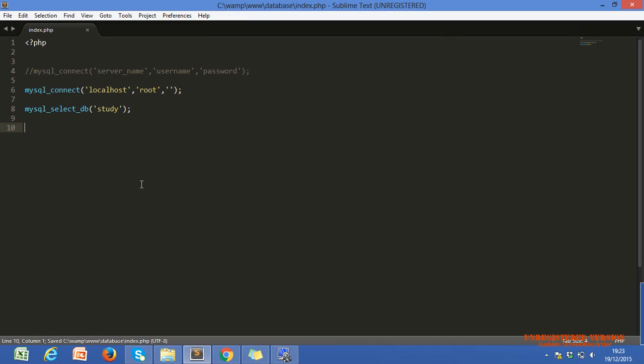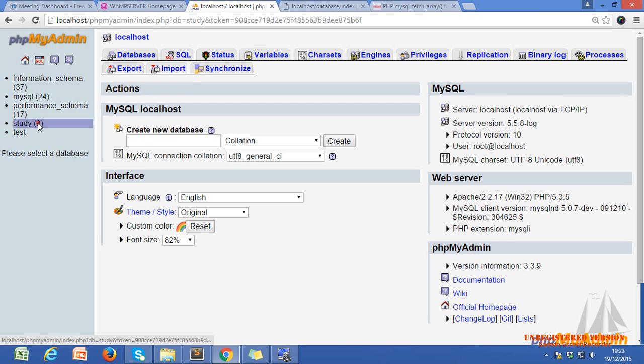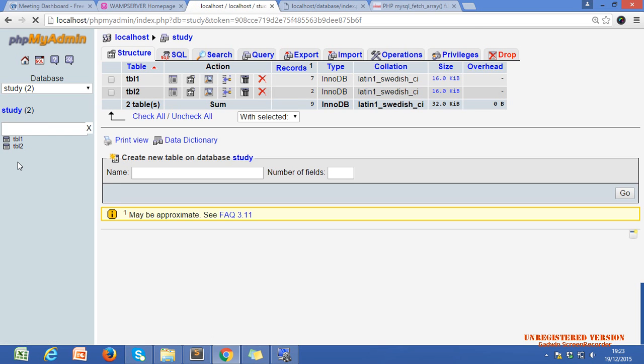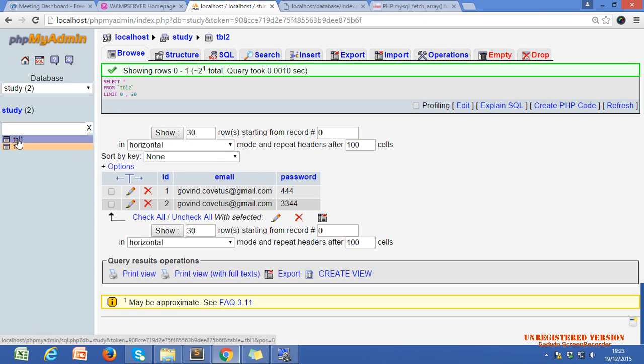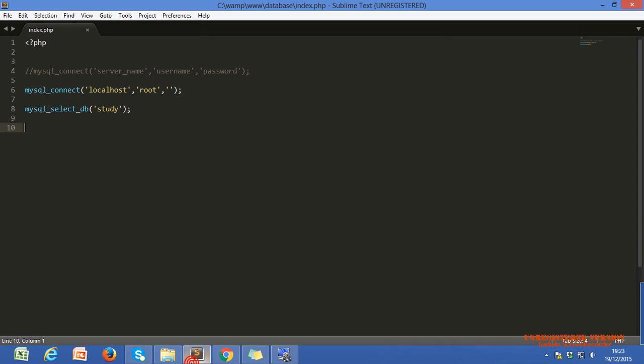Now we are connected. Now I just want to fetch the data from my database. We have the study database, and we have two tables, TBL1 and TBL2. I want to fetch the data of TBL1. Let's see how we do that.